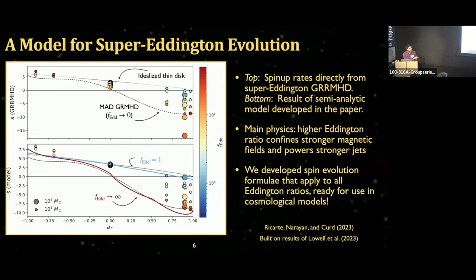So first of all, Eddington ratio of 1 is shown by this blue curve here. And it's similar, but not quite the same as the thin disk, which is this dotted line. What's really interesting is that the point where it reaches 0 is equilibrium. And we find that with an Eddington ratio of 1, the equilibrium is not at 1, but rather at 0.8. And so this can already start to have effects at Eddington and slightly sub-Eddington accretion rates. Meanwhile, as you go to an Eddington ratio of infinity, you get something that is very similar to the pure GRMHD case, where the Eddington ratio is close to 0.